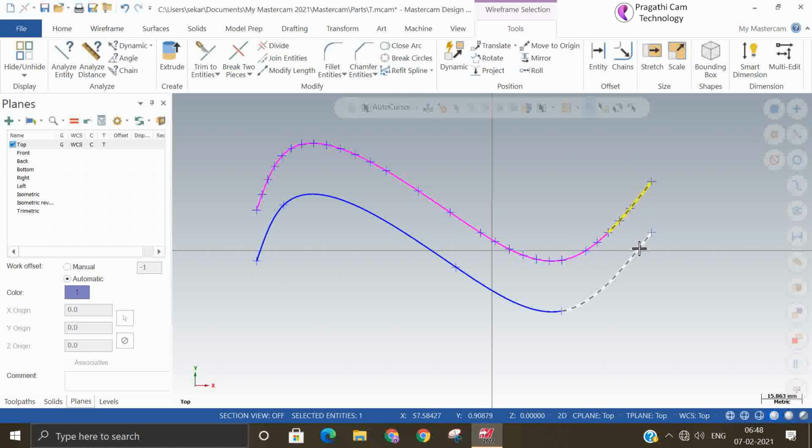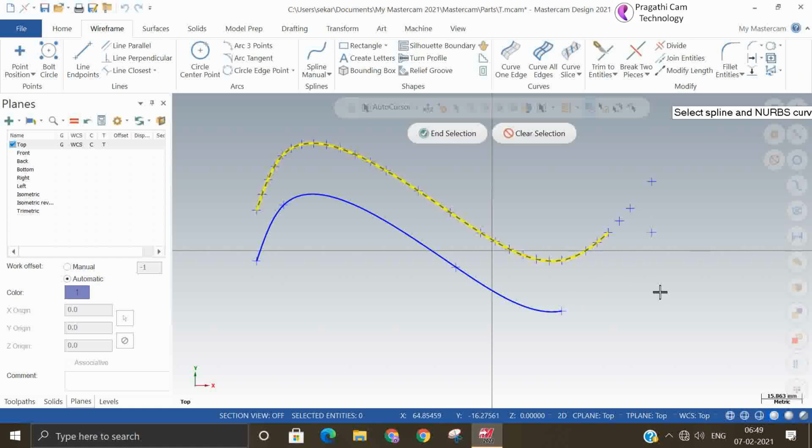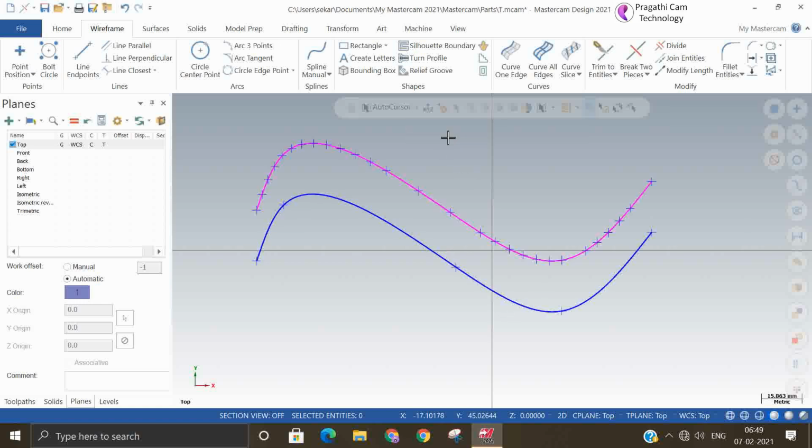I will delete this. Whatever the broken spline, option untrim. So you can see this untrim. Untrim will bring back whatever the trimmed spline.